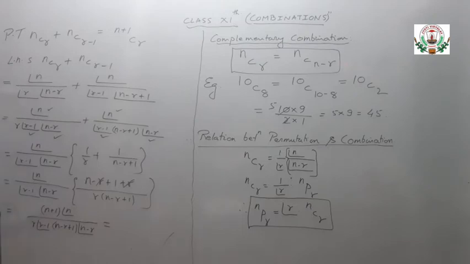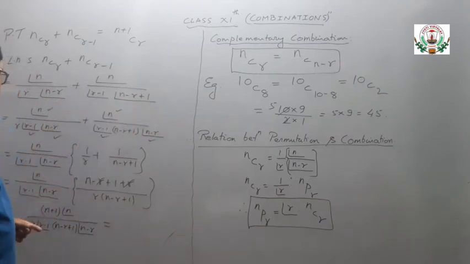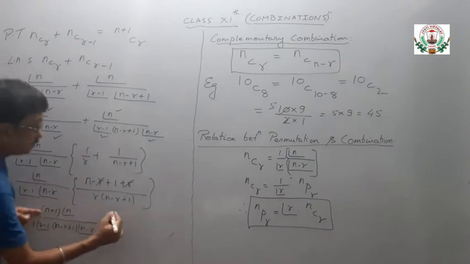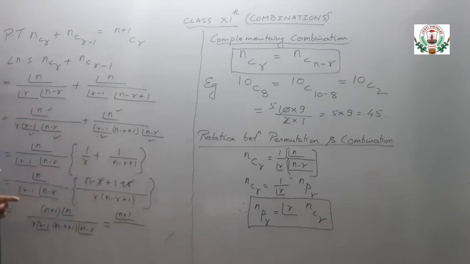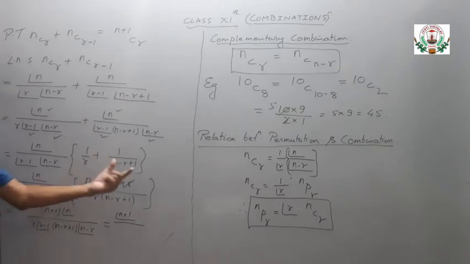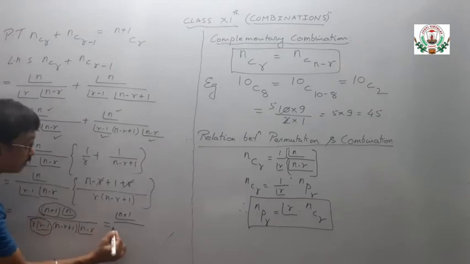Now as we are breaking the factorial, it goes on subtraction of 1. Here, (N plus 1) factorial N can be written as factorial N plus 1, because when we break factorial N plus 1, it will come as (N plus 1) factorial N plus 1 minus 1, so factorial N is left. So this complete can be written as factorial N plus 1, and this complete can be written as factorial R,